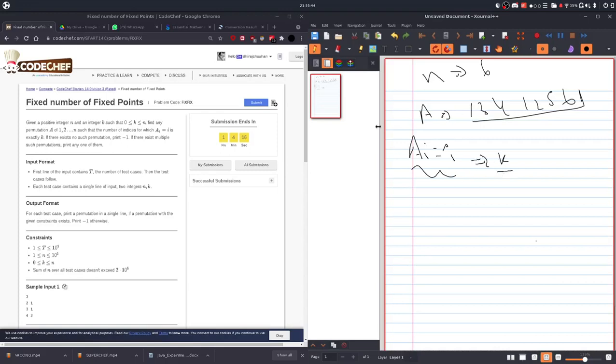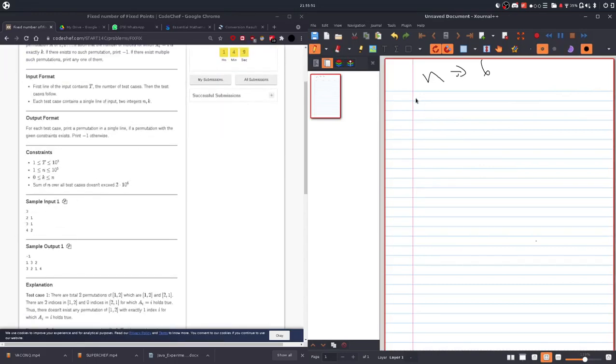So we have to find a permutation where exactly a[i] is equal to i, but only k times. Let's take an example, and I actually can't think of any other, so we'll just take one. So there is 2 1. Now there is one permutation where it is 1 2, where a[1] is 1 and a[2] is 2. But now, wait, the number n is nothing but 2.